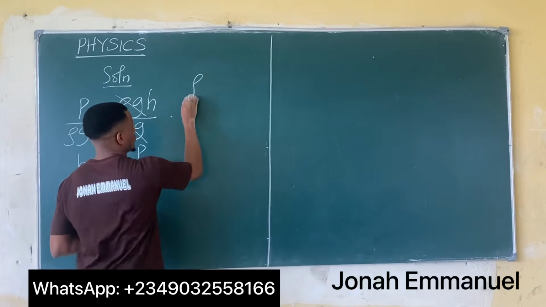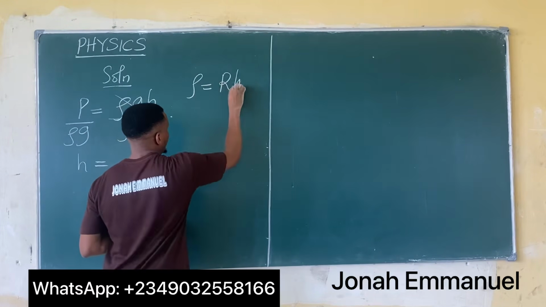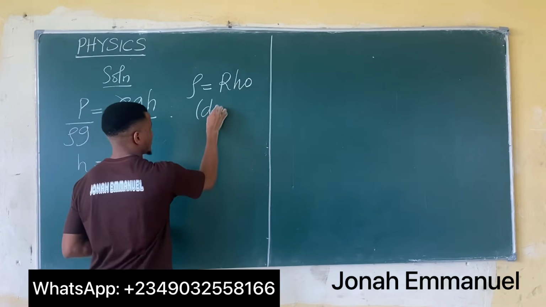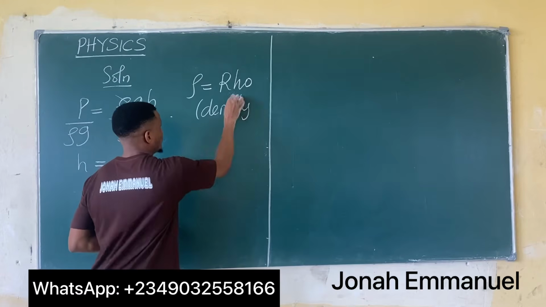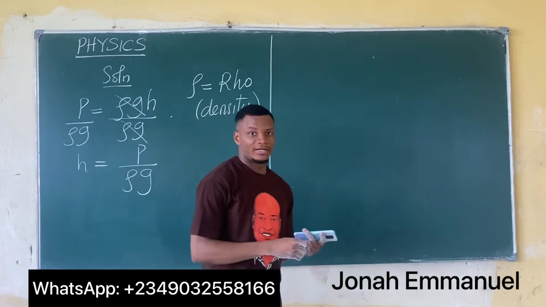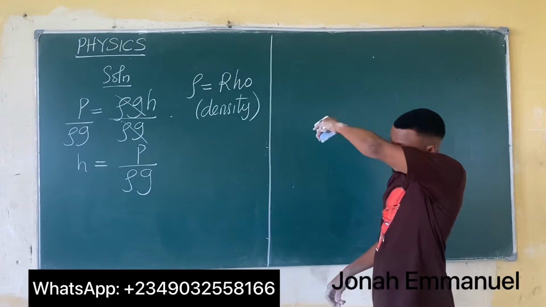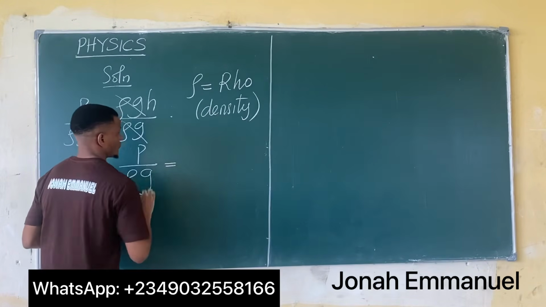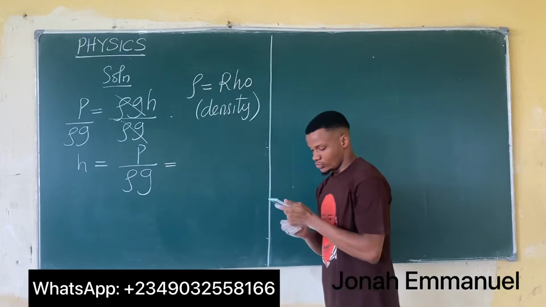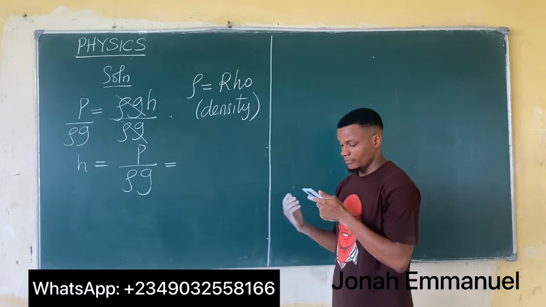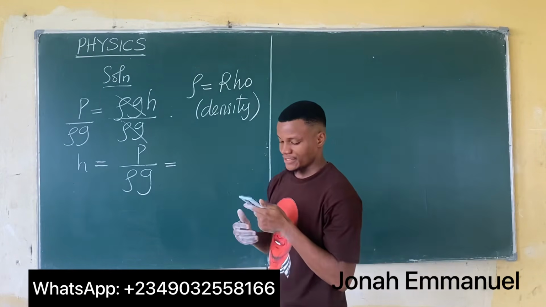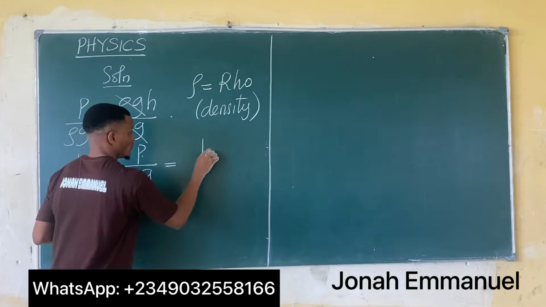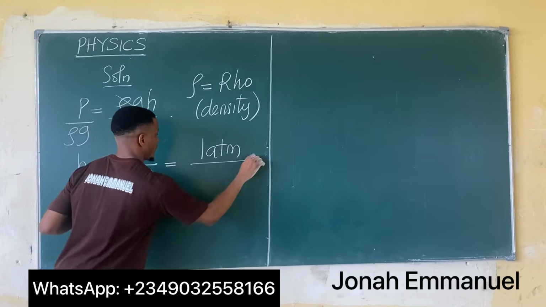By the way, this is called rho. It's a Greek symbol, pronounced rho, and it represents density. Just for note, it's called rho and represents density. So they say at what depth below the sea level would one experience a change in pressure equal to 1 atmosphere. So the pressure should be 1 atmosphere, all over